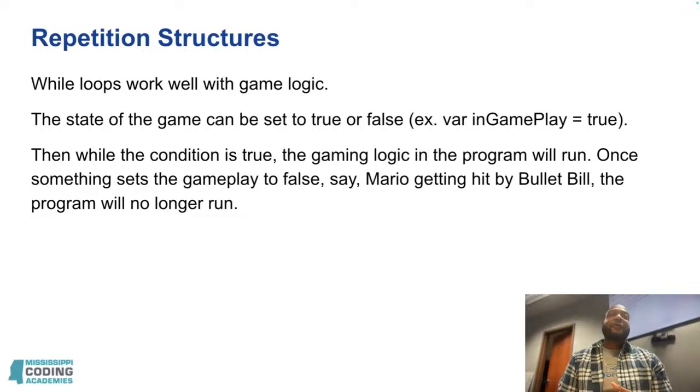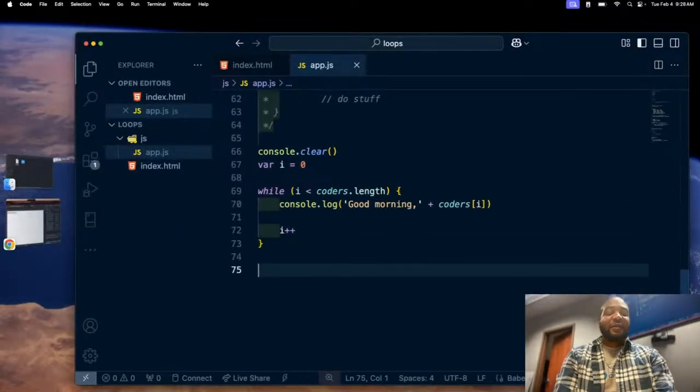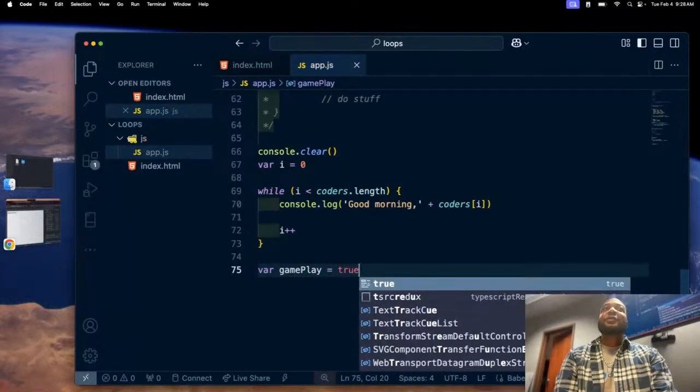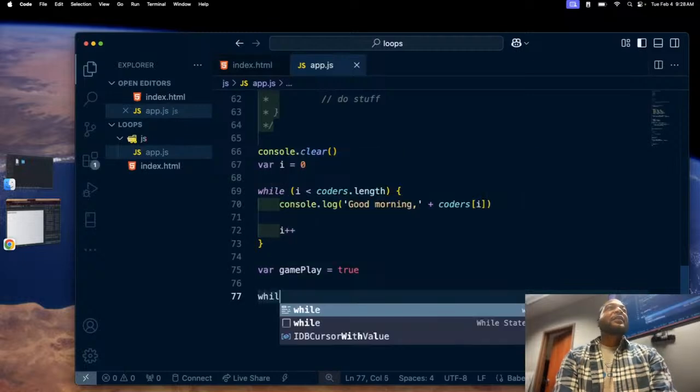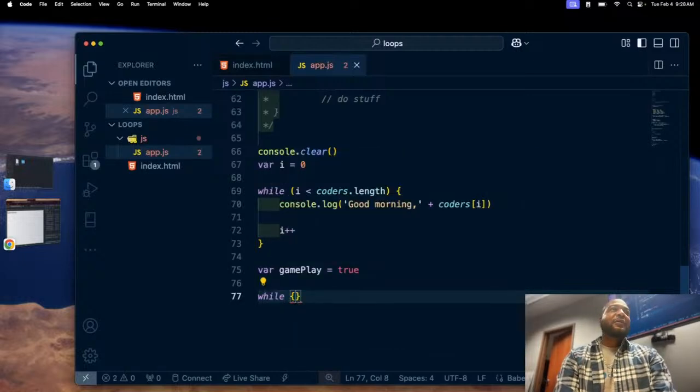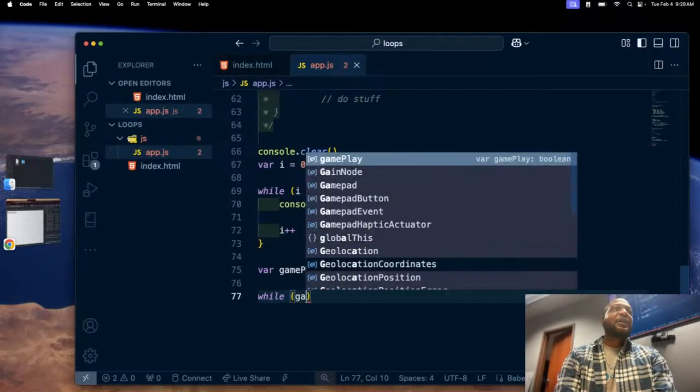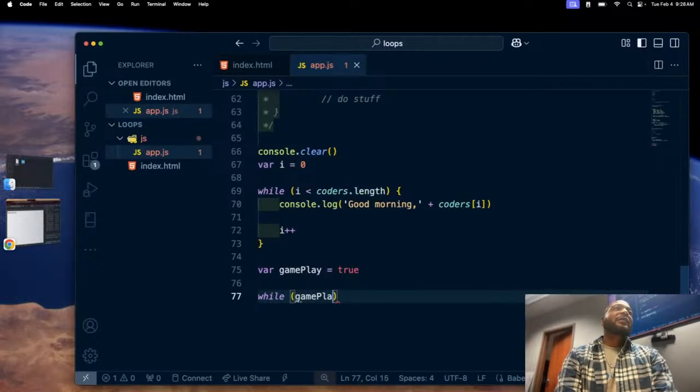Or we can set it to true rather. Well, no, has game ended. Well, is gameplay. Let's call it gameplay instead. Let me name it something better. So I would have a variable called gameplay. I can say var gameplay and set that to true. And then I can say while gameplay, I'm sorry, let me put this in parentheses. While gameplay,